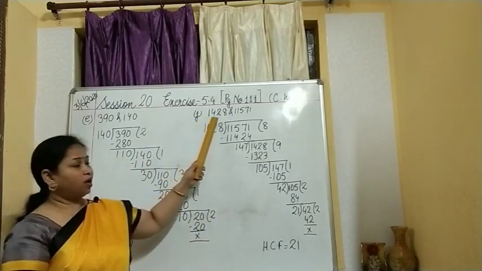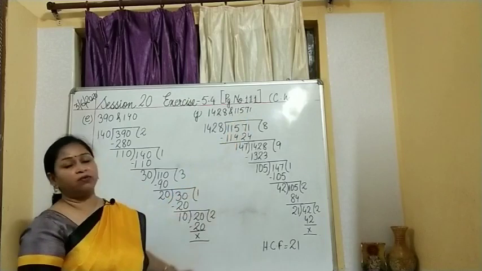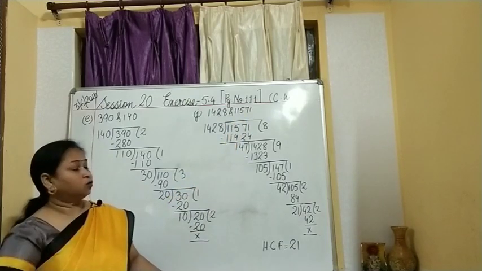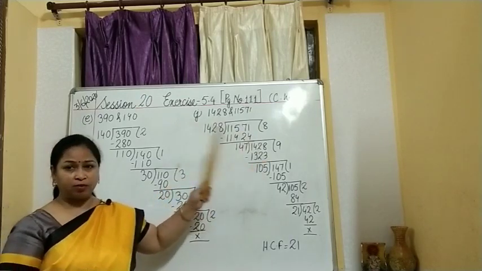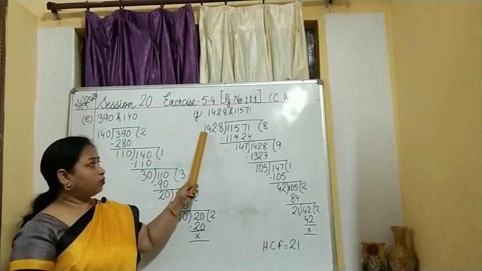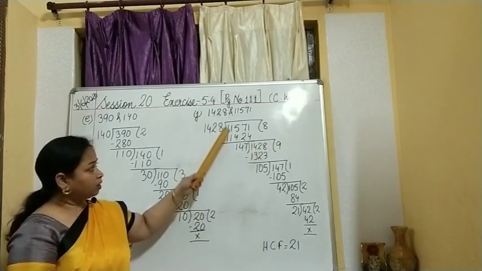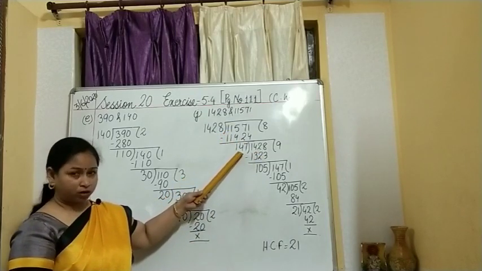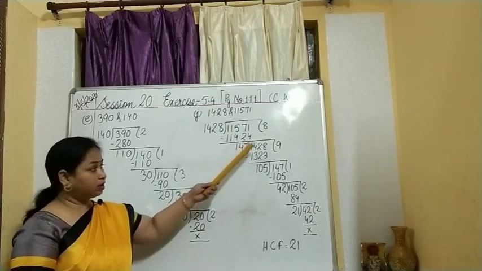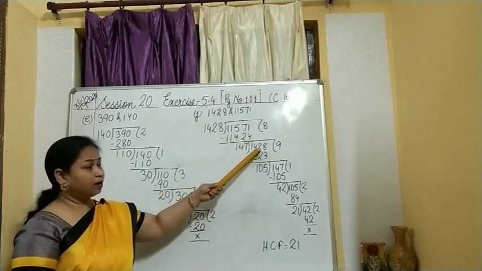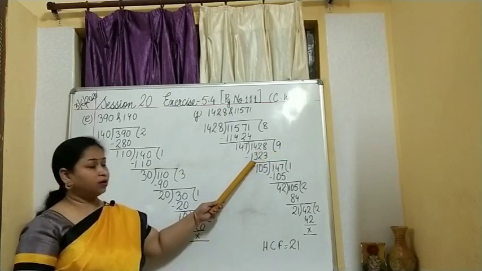You have got two big numbers, 1428 and 11,571. So how to divide it, how to get the HCF? You can take the help of a rough column, children. When you multiply this number by 8, you will get 11,424. Subtract it, what have you got? 147. This is the remainder. The remainder will change to divisor, and this divisor will take its place as the dividend. So 147 multiplied by 9, you get 1323.